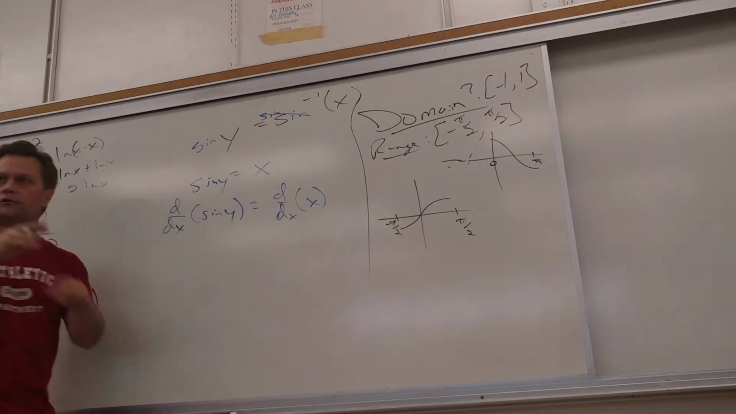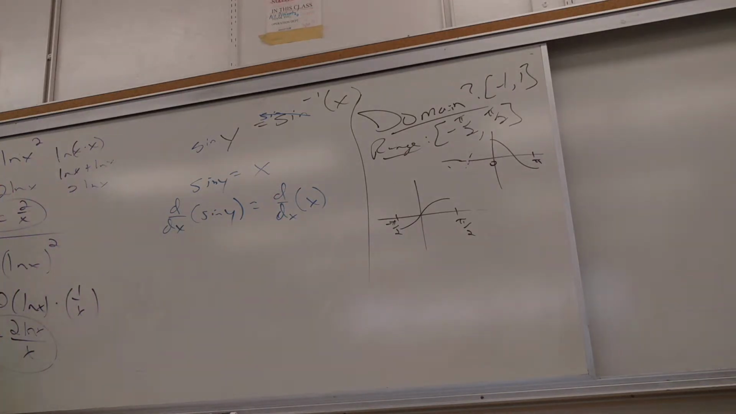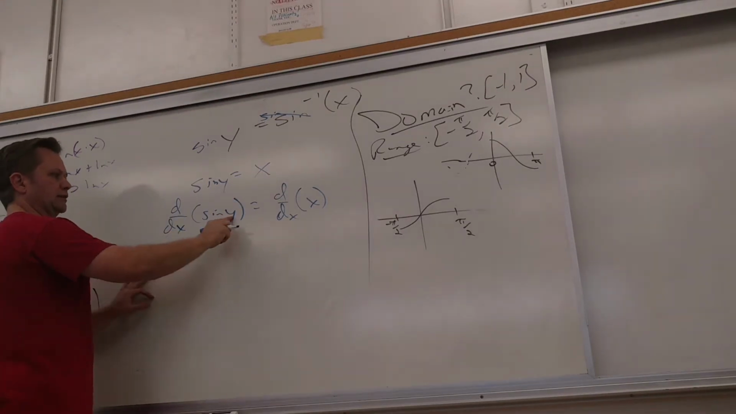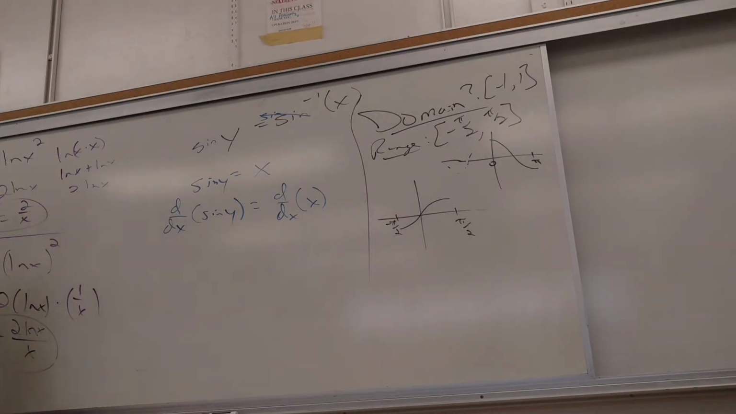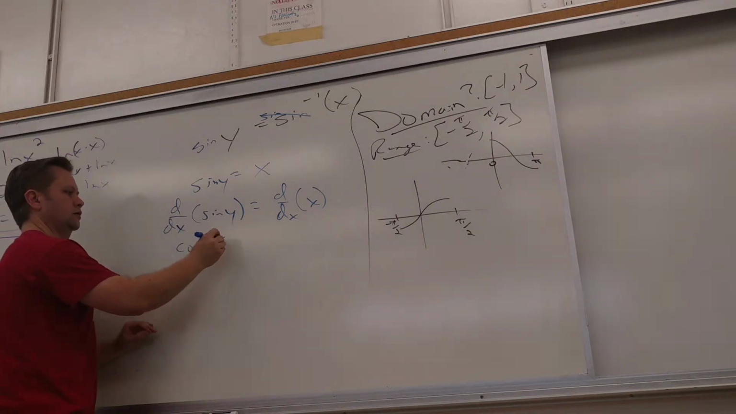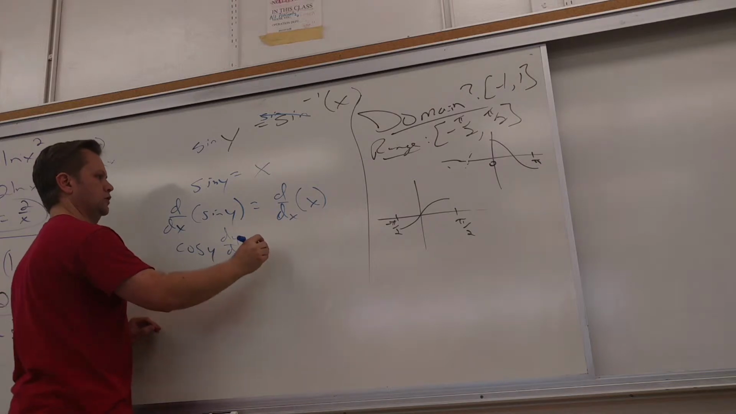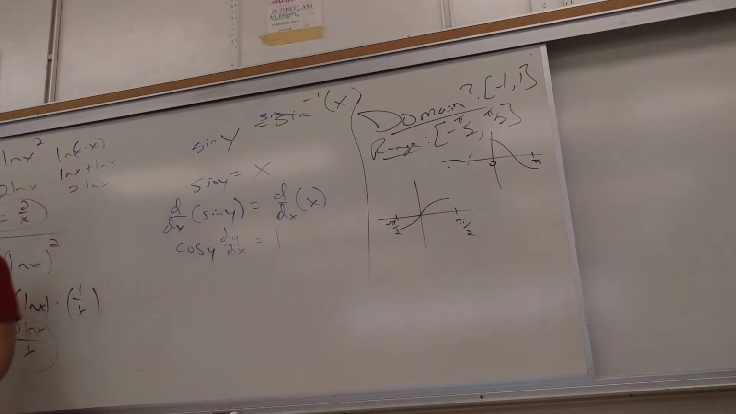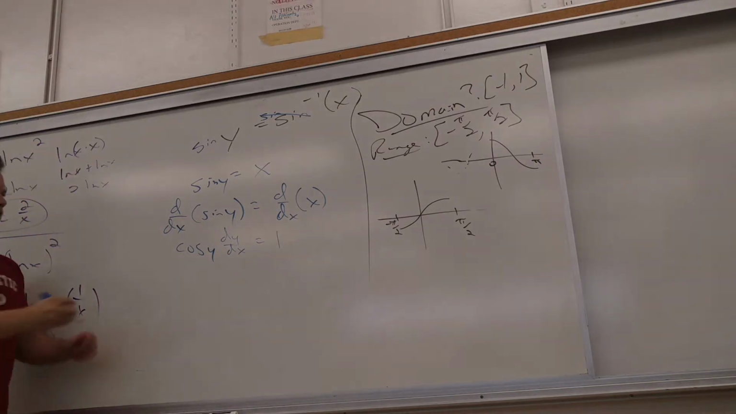Let me just write all the forms for us for once. So what's the derivative of sine y with respect to x? Cosine y dy/dx. And dy/dx of x equals 1. So then dy/dx equals